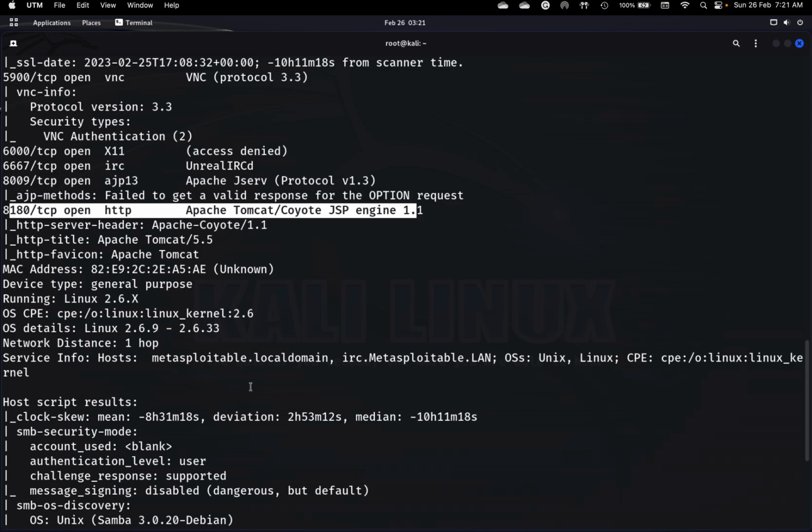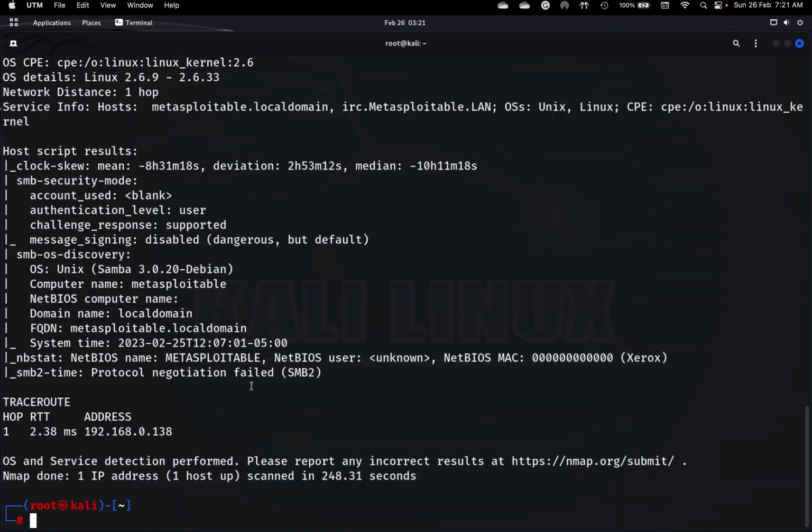And here is also another result for SMB running, and how long it took, the traceroute, about 2.38 milliseconds, simply because they are close to each other. And the NetBIOS name here, you can see this is Metasploitable version 2 running here. Okay,